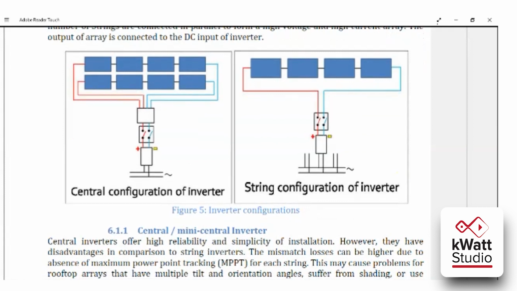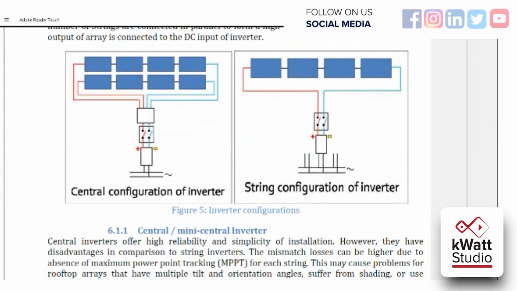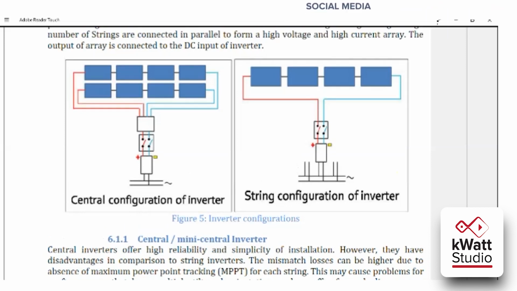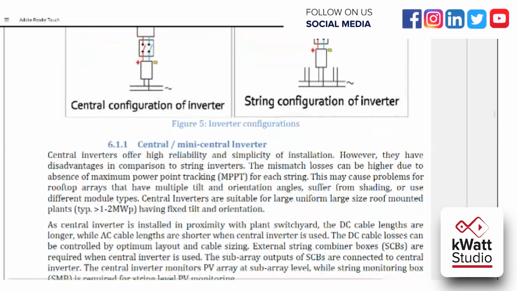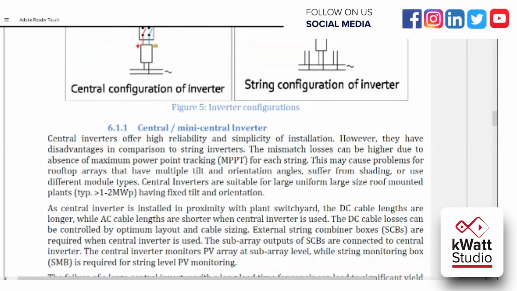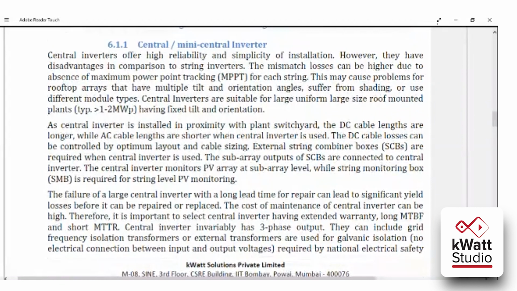So let's say in a single project you have 4 rooftops, and for each rooftop the installation capacity is different. Let's say 30 kilowatt, 40 kilowatt and 50 kilowatt. Then you can have 3 different string inverters like 30 kilowatt inverter, 40 kilowatt inverter and 50 kilowatt inverter, and you can use all the inverters separately. But let's say you have a solar park where you are going to install a 500 kilowatt solar power plant. Then you can use a single 500 kilowatt center inverter, which will reduce the losses and make your solar system designing simpler. So both have their own advantages based on the site.